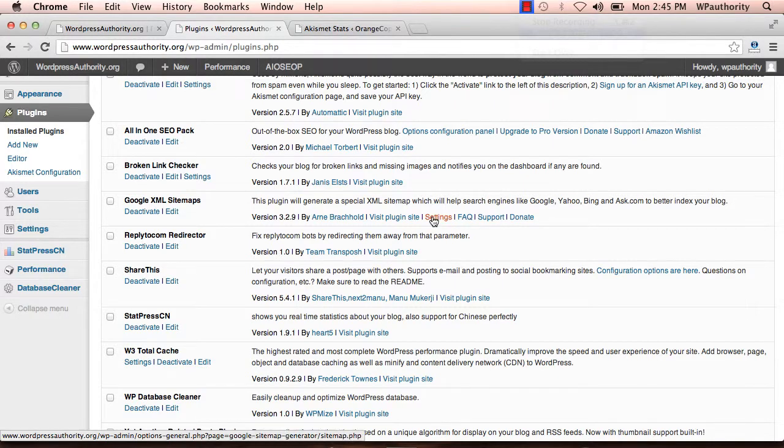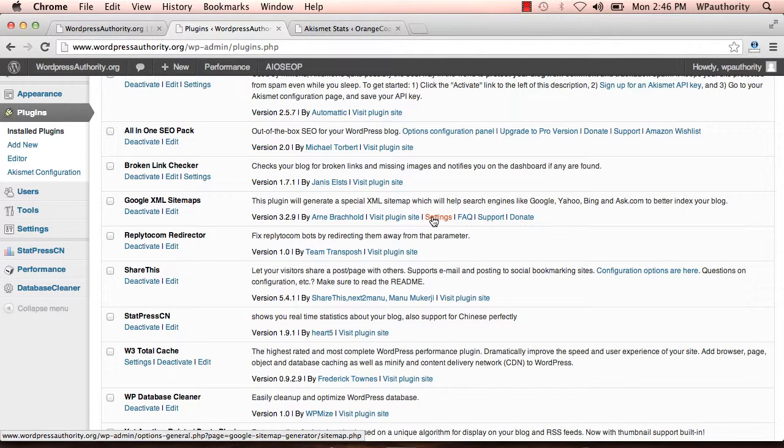The next one that we would be discussing is the Share This plugin. It's nothing but a social bookmarking plugin that automatically includes features like share to Twitter, share to Facebook, share to Google Plus, etc. And it includes a number of other social networking sites as well by default, but it's easy to configure and only an installation is required.